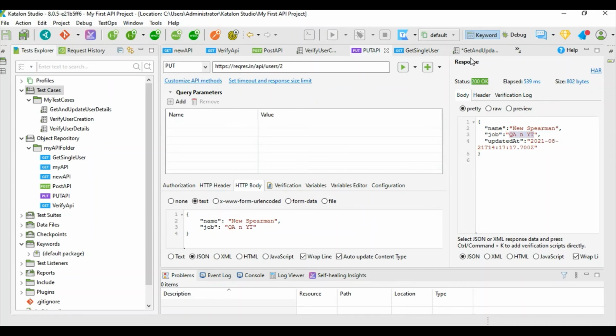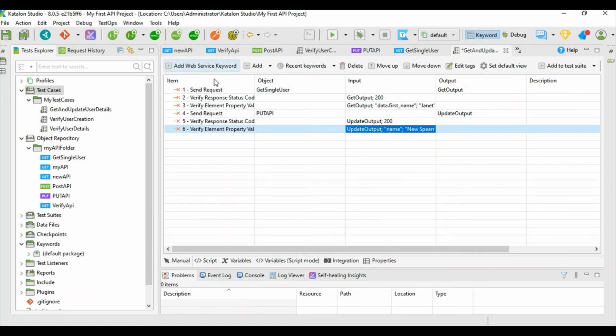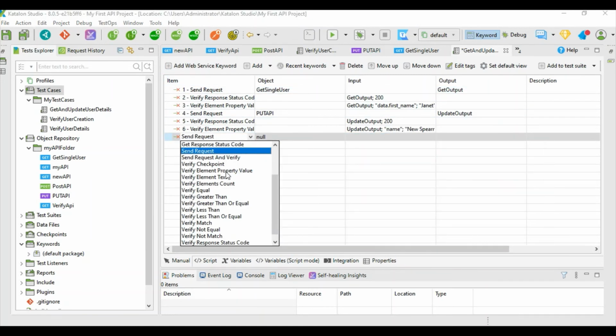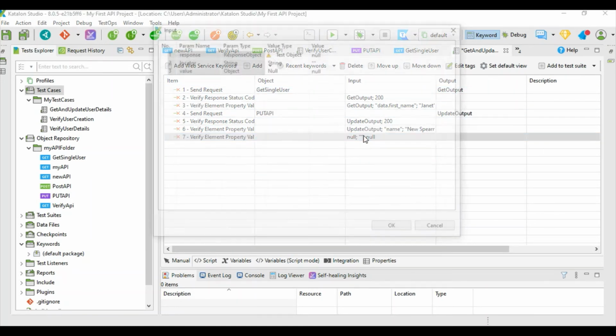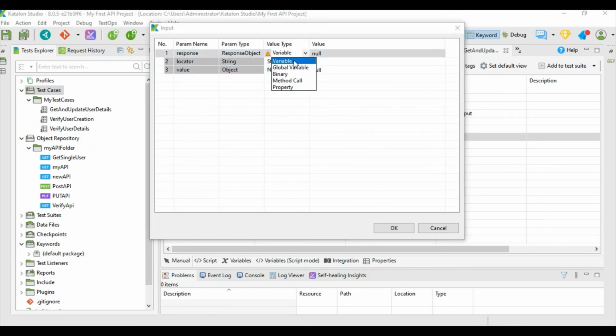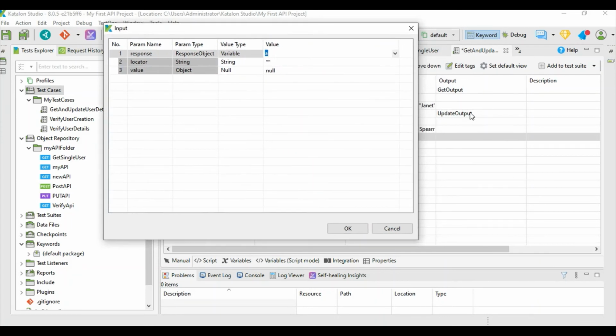So let us copy this, and let us see if this is the value which is returned back to us. So again, we're going to check the variable. So which variable? The variable which we updated in our put request. So update output, locator should be job, and our value should be of type string.